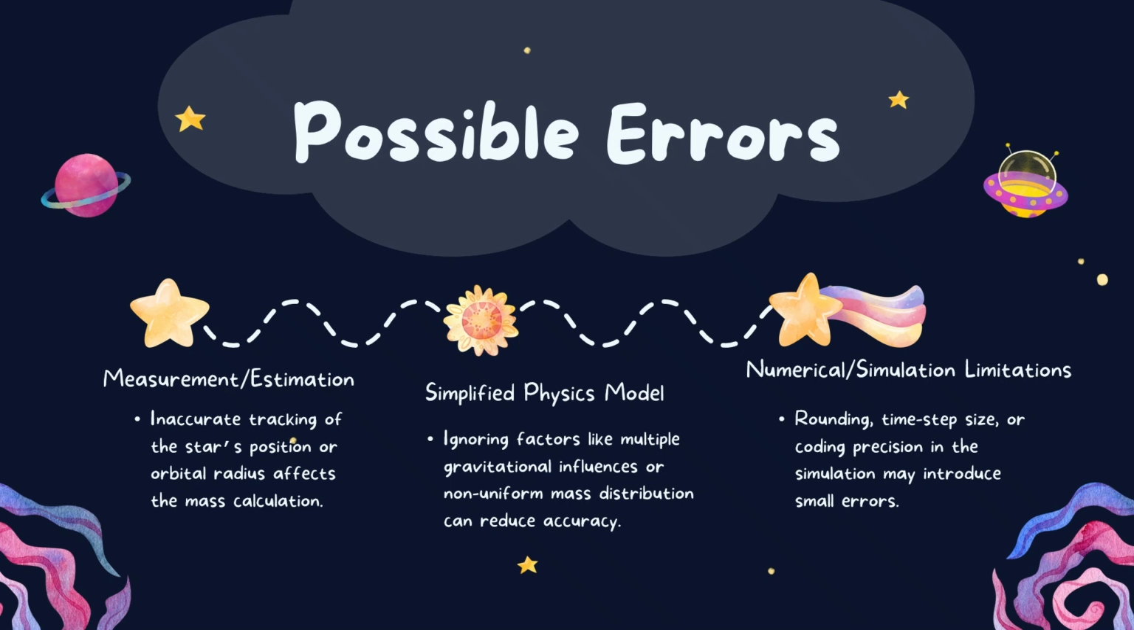to inaccurate tracking of the star's position or orbital radius. And since we are using a simplified physics model, we are essentially ignoring other factors that could be affecting the orbit in outer space. And lastly, numerical and simulation limitations may introduce small errors from rounding and time step size